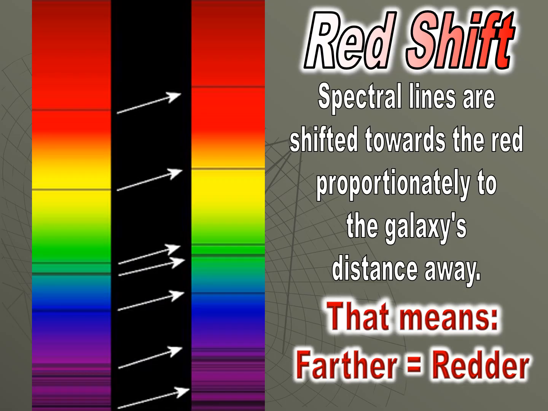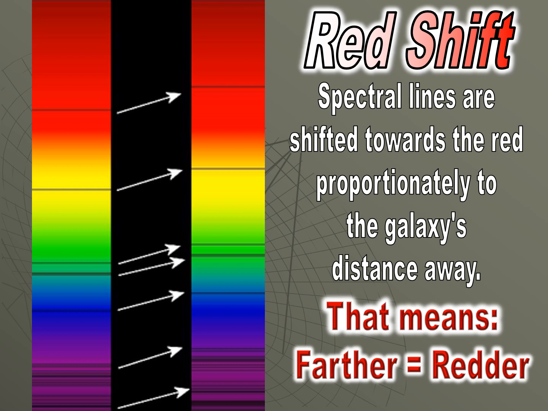The only problem with this is that if you want to know how much a color has been shifted to the red, if it's moving away from you, you really have to know exactly what color it was to begin with. But we do. If you remember the spectral lines lab that you probably had in chemistry, I would love to do it again with you. And it's one of those things that it's really hard to do on a video. This is one of those labs I would consider doing if we came back and were in person at school. It's just a great lab, but you kind of have to do it in person.